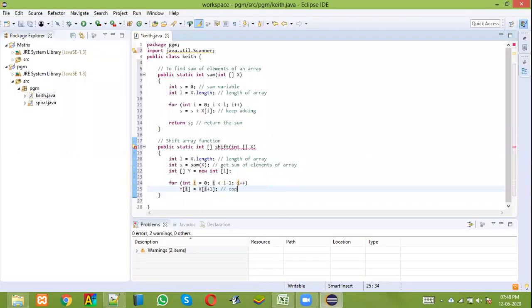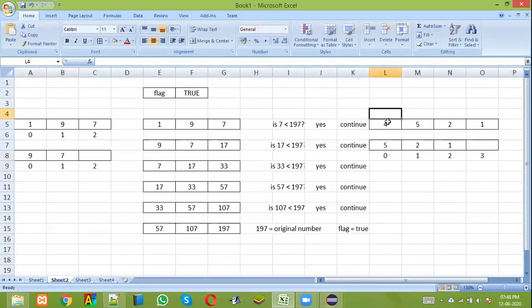So what we are doing is copying elements except the last one. We are performing this task of copying these values here. In this example, these 2 numbers we are copying here.